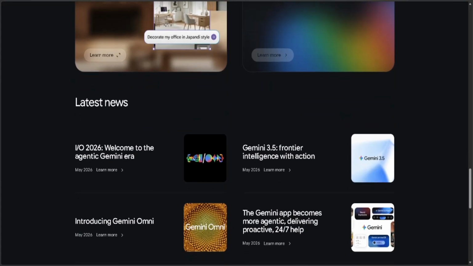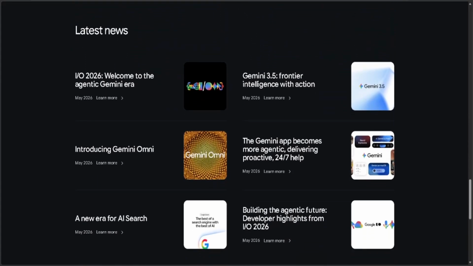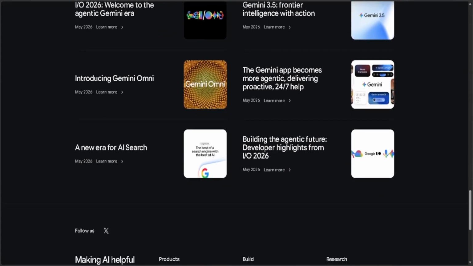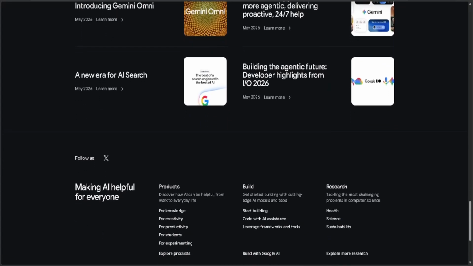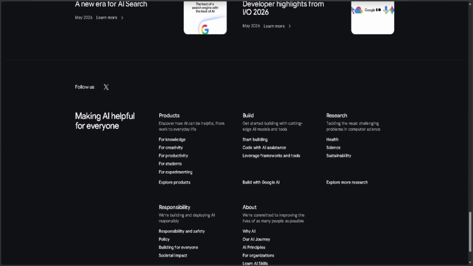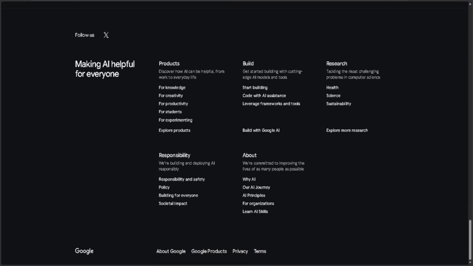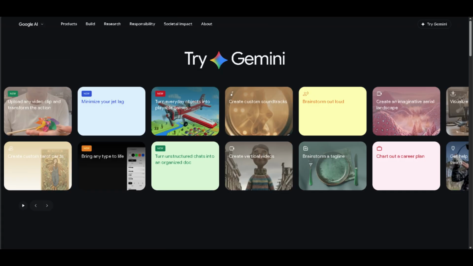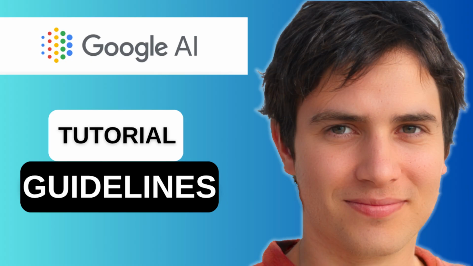manage your projects. For a more app-like experience, tap the browser menu in the top right corner and select Add to Home Screen or Install App if that option is available on your device. Confirm the action, and a shortcut to Google AI Studio will be added to your home screen. From then on, you can launch Google AI Studio directly from your home screen just like a regular app without